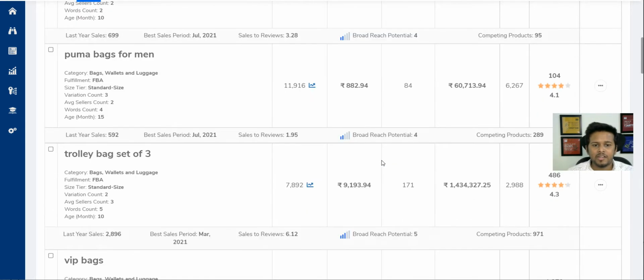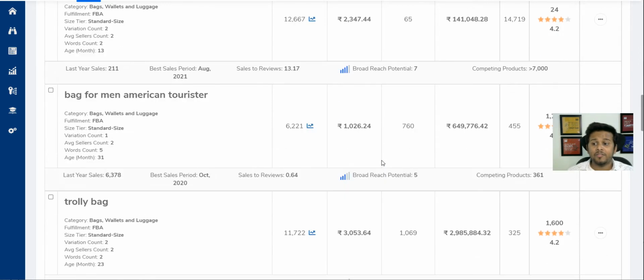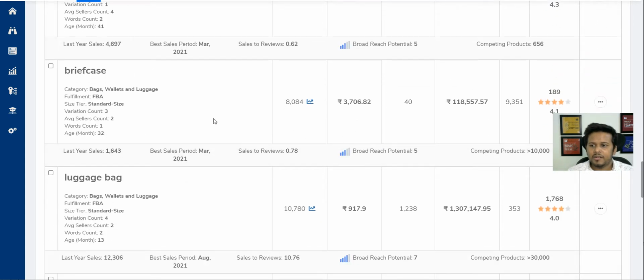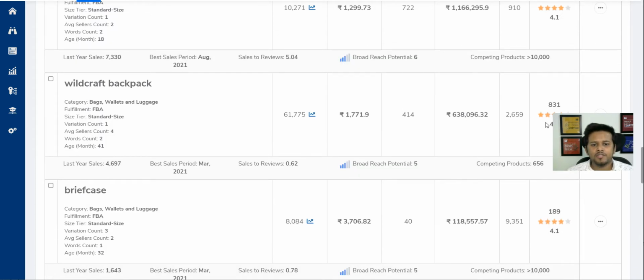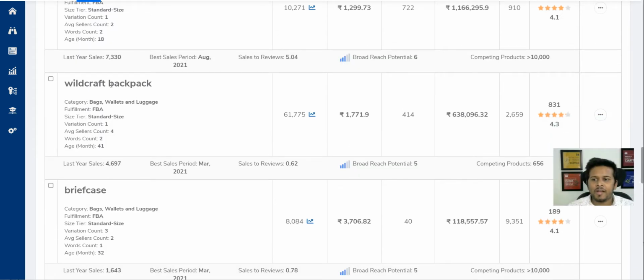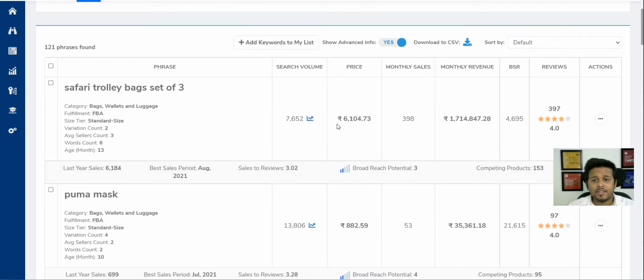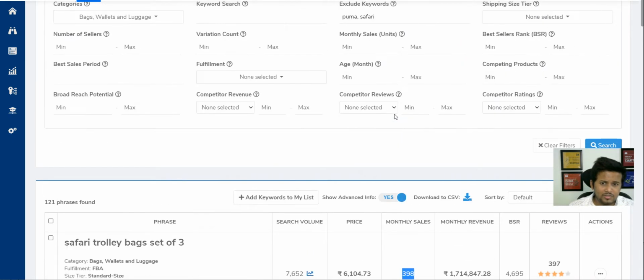So you will only get brands which are generic, which are private label, which can be brandable products, right? So again, I would say go through each of those and check and see, even for backpacks, even though Wildcraft is one of the premier companies, you will still be able to private label it and create your own version of a very good product. So this tells you in terms of demand, in terms of reviews, what are the monthly revenues that you can get, what are the monthly number of sales that you can achieve.